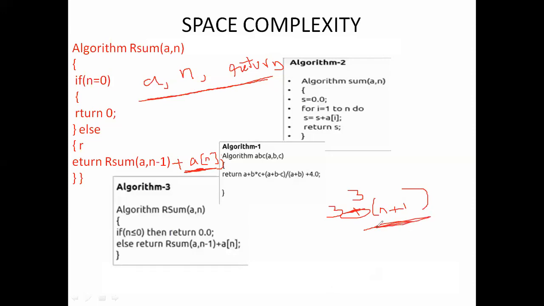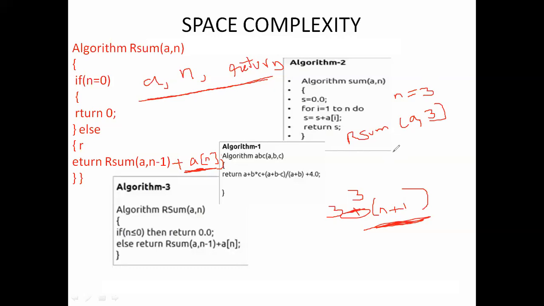How do I say this is repeated n plus 1 times? See, for example, I am taking n equal to 3. So rsum of a comma 3. Every time we call a recursive function, it will allocate memory continuously in the stack.